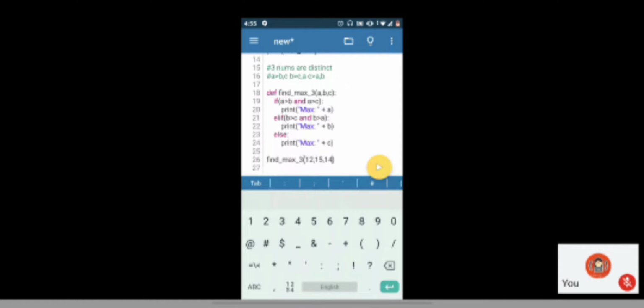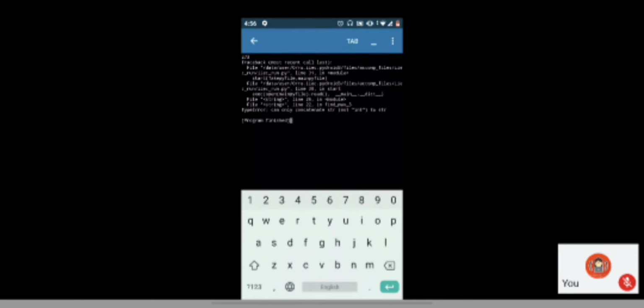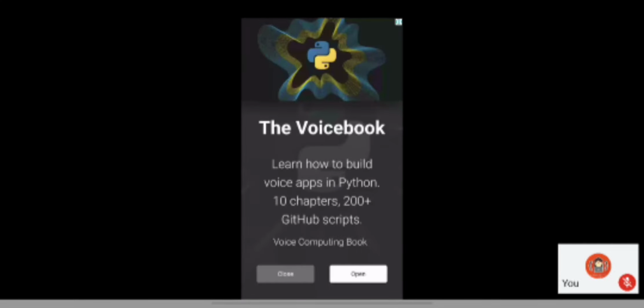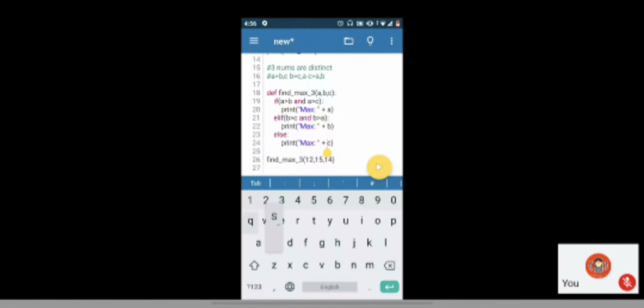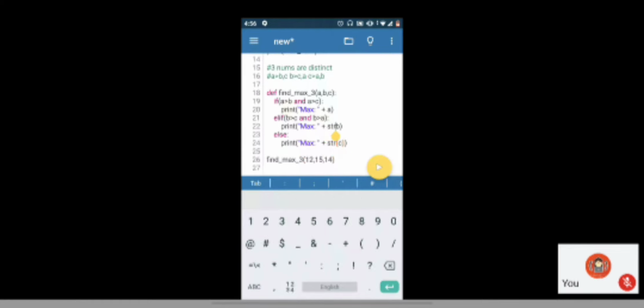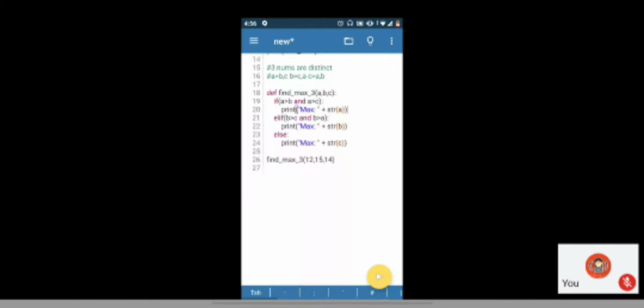So here it should give me 15 as the output.